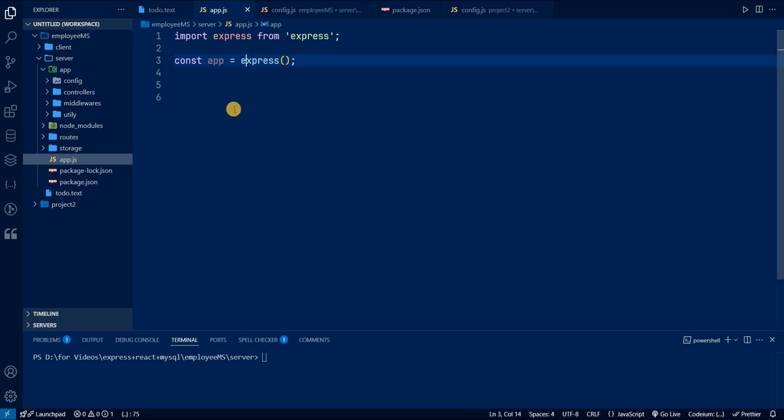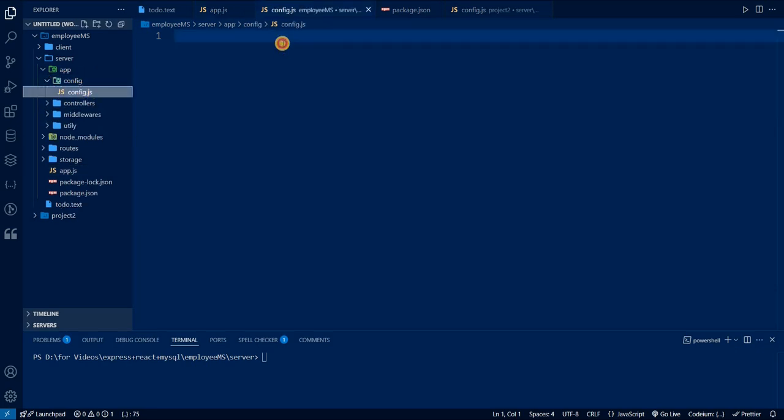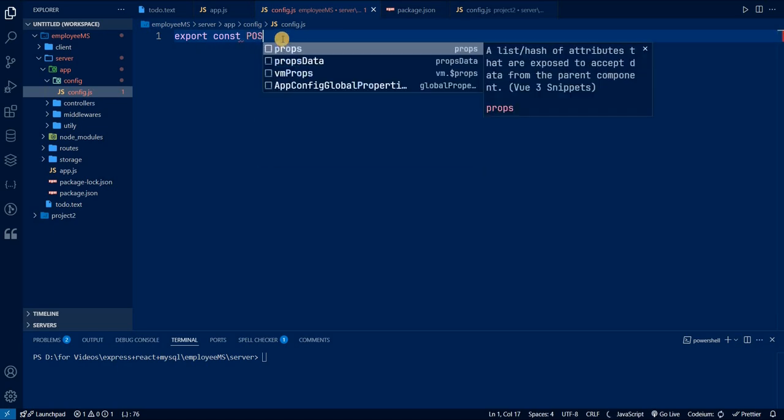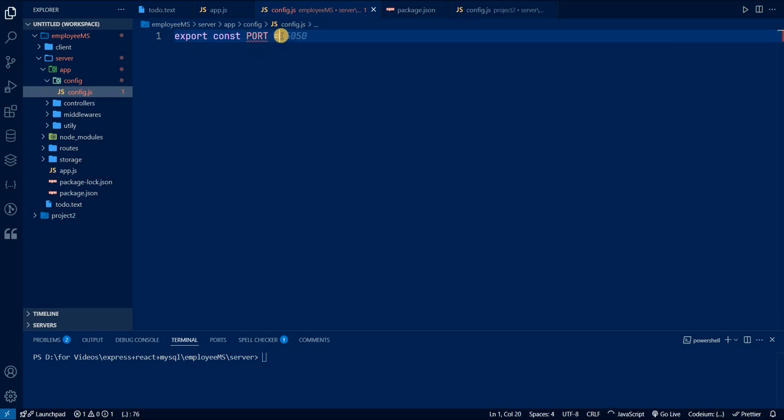Simple configuration will be in the config file. Last video we did this. Let's set the port in the config.js. Export const port equals to our port number,